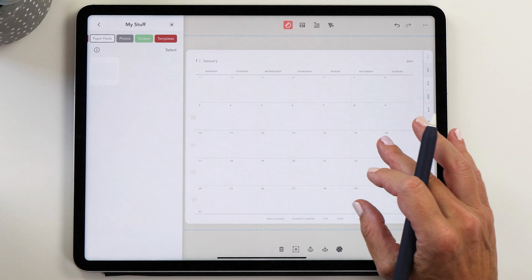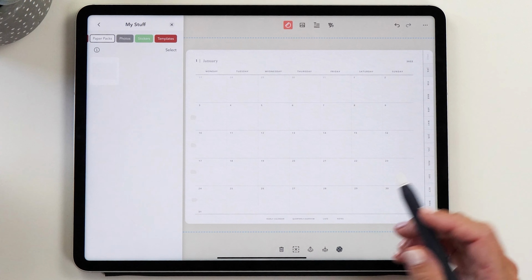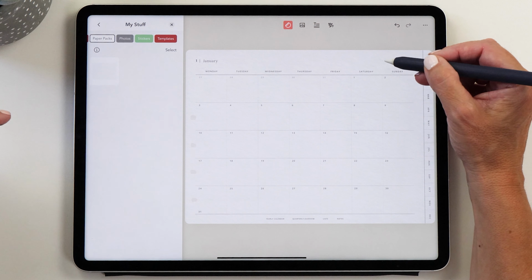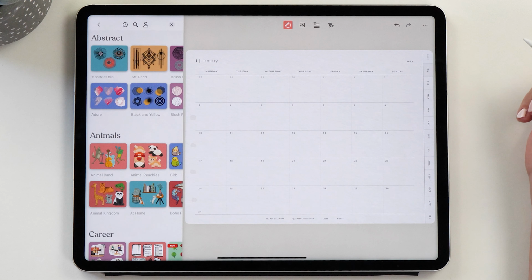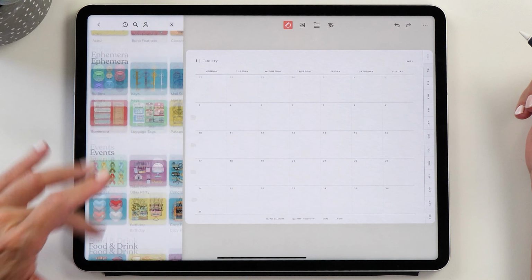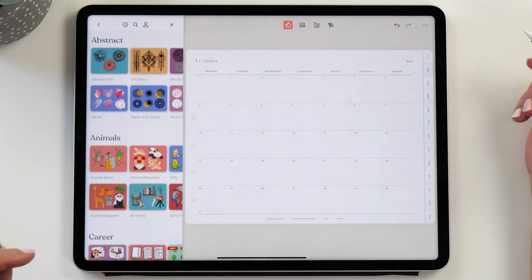And what I want to do is add my watercolor background to all the pages. I just really like that look. It looks super cute and it just makes all the pages look a little bit special. And then of course we can add some embellishments as well, some stickers. And as you know, in Zinnia there's so many different stickers to choose from, and I always like some abstract shapes here, so maybe some of these brush strokes will look nice.